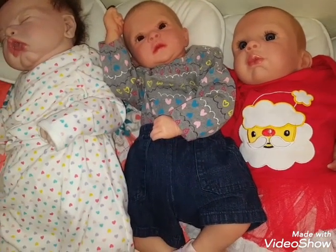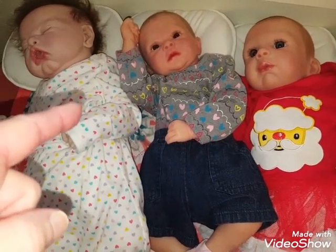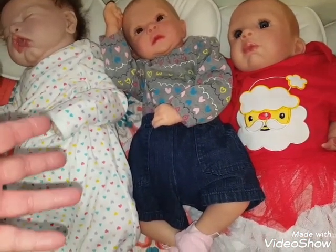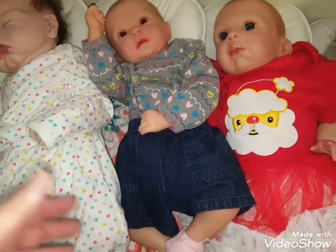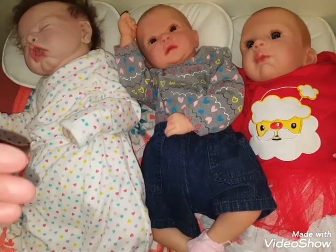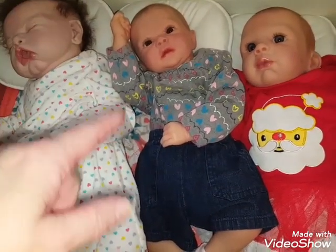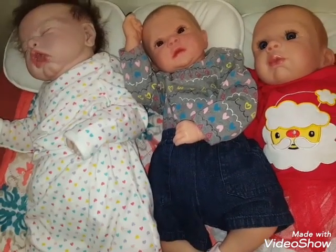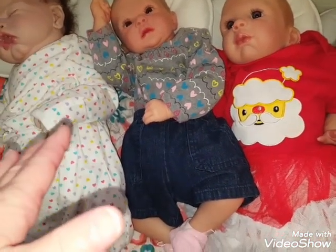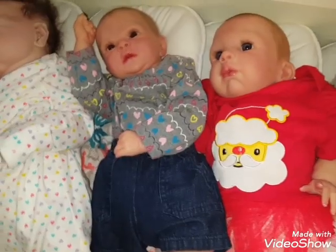But I had already purchased Abby, and so I asked the artist that I got her from, did they have that same kit asleep? And she said no. So we went through the kits and tried to find one that was as close to Abby as we could, that would pass a little bit for twins. And so Gabby, which is the Jewel kit, was the closest to Abby. I don't remember her kit, sorry. But for a while I did them as twins. Now I'm just letting them be their individual people. I'm not using them as twins, because